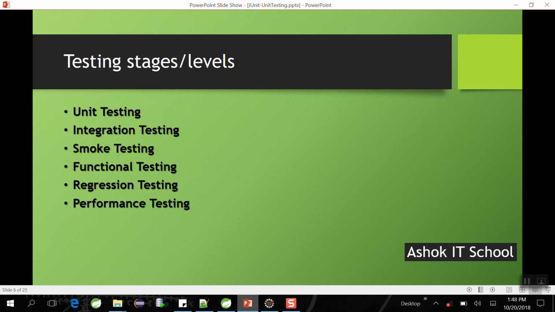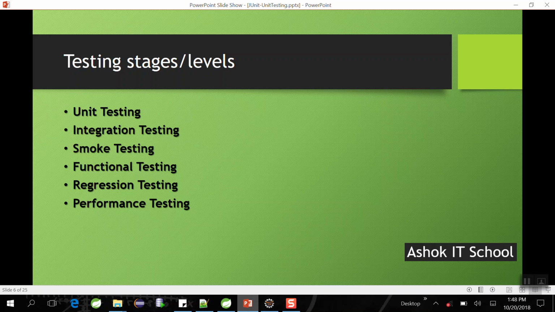So these are the several stages of testing: unit testing, integration testing, smoke testing, functional testing, regression testing, and performance testing. Unit testing is done by developers to test a unit piece of code. Integration testing combines the complete end-to-end requirement, whatever code we have written to complete one storyboard.